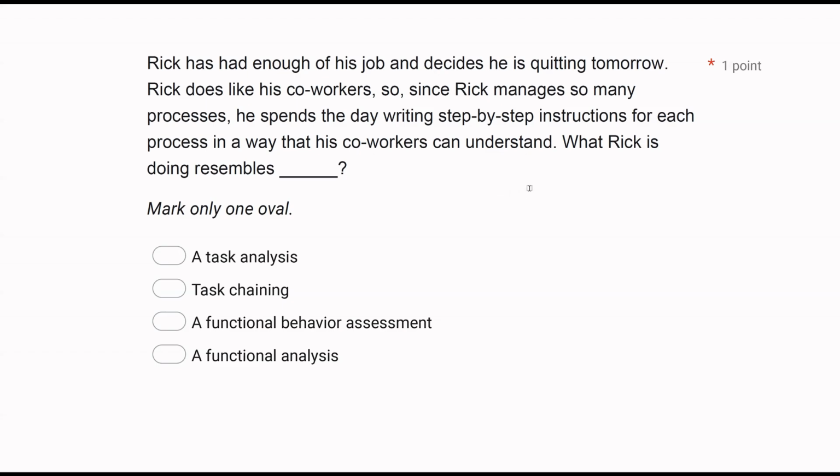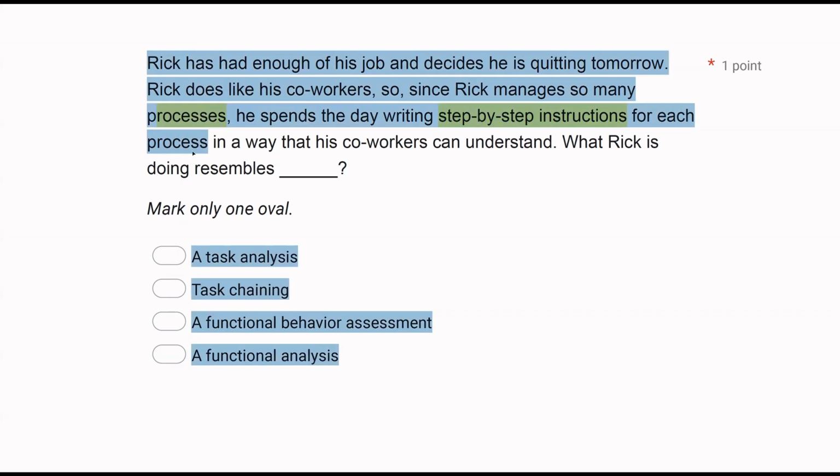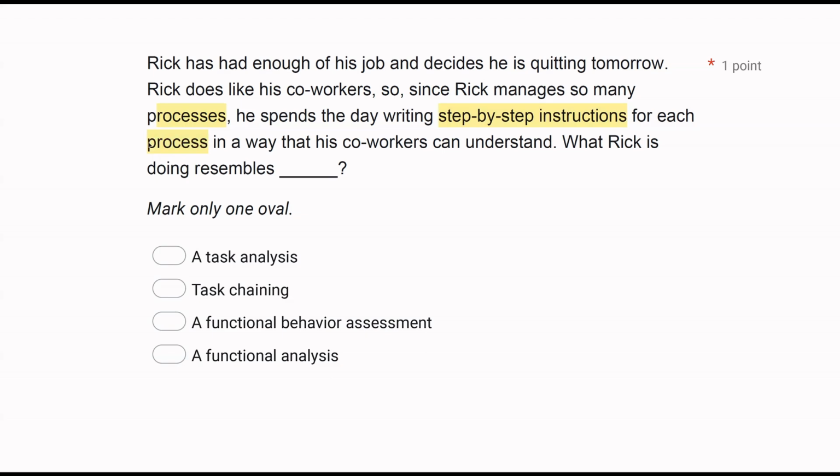All right, so a very applied question, and you might get questions that aren't necessarily directly related to, let's say, clinical work, right? This is a very specific question to Rick about quitting his job. What is he doing? Well, we know Rick wants to help his coworkers out. And so there are processes, and he spends the day writing step-by-step instructions for each process. Now, what does that resemble? What strategy do we use when we create step-by-step instructions for behaviors? A task analysis. Yes, this is just like taking a behavior, breaking it down, and creating step-by-step instructions for how